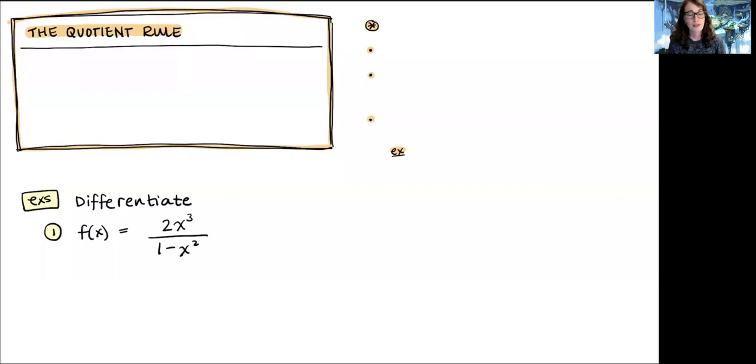So this is only applicable when the numerator and the denominator both have variables in them. So here's what the quotient rule says. In the product rule, we use U and V. In the quotient rule, I'm going to use N and D for the formula for the numerator and the denominator. So if N and D are both functions of X,